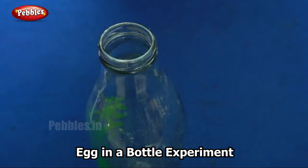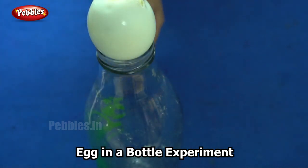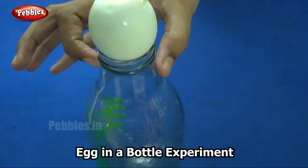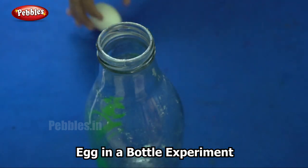At first, when I place the boiled egg over the bottle, it doesn't go in because the egg is bigger than the mouth of the bottle. So what we are going to do next is